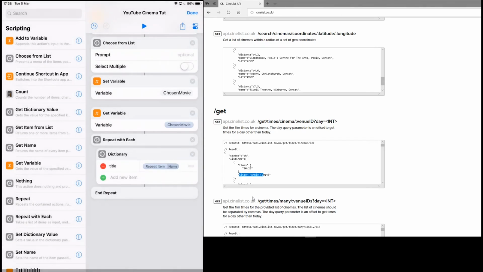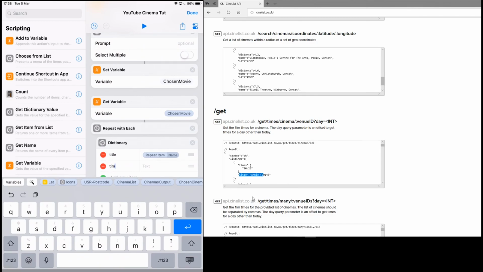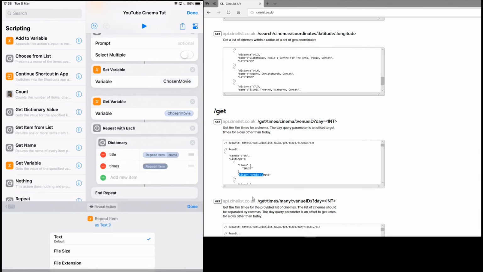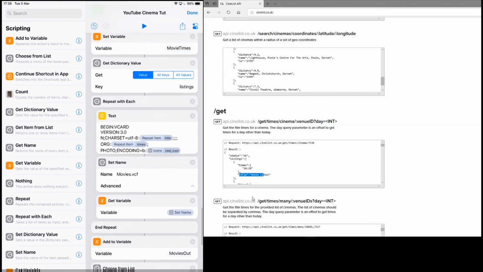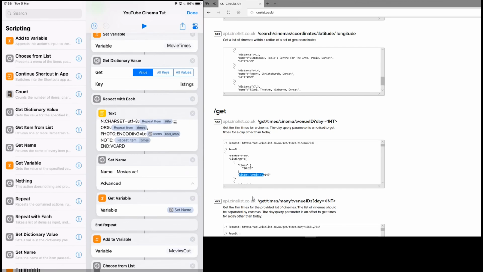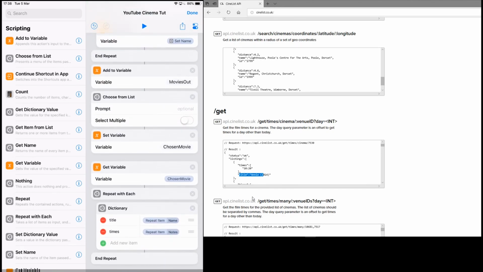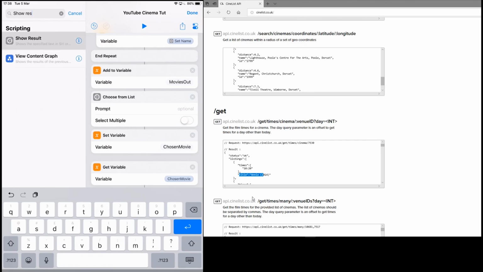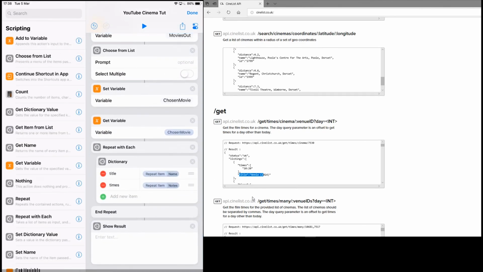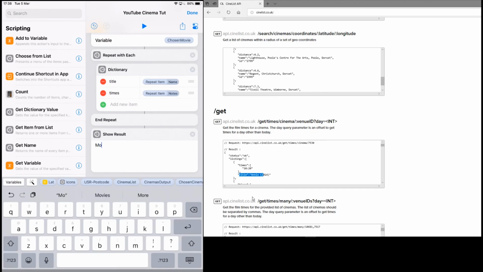Then we're going to do another text field. We're going to call this times, and then we're going to set the repeat item as a contact, and this time we're going to get the notes, because the notes, we also set the times as being notes in here. So note is repeat item times. Then what we're going to do is we're going to show a result. This is the last bit of the puzzle here, show result, and that's going to be movie with that, and then we're going to do